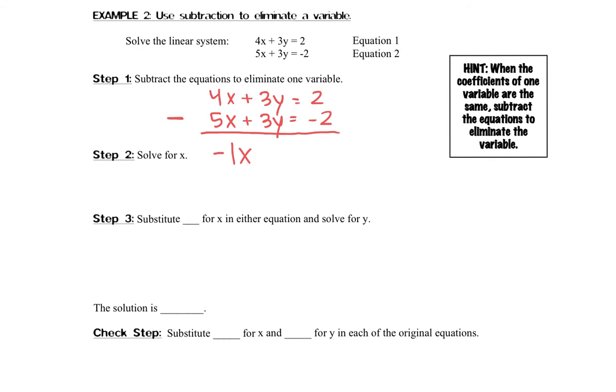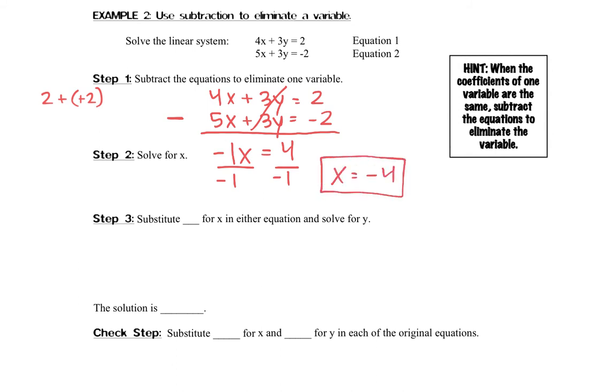Then 3y minus 3y, that's what eliminates, which is good. That's what we're trying to do, is get something to eliminate. Now here, be careful. We have 2 minus negative 2. If it helps you, write it over to the side horizontally to make sure you don't mess up those negative signs, because that's positive 4 there. All right, so then I'm going to divide by -1, and I get that x equals -4, which is great